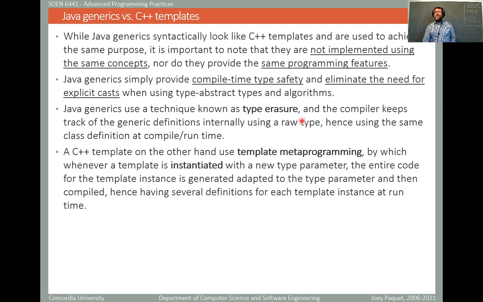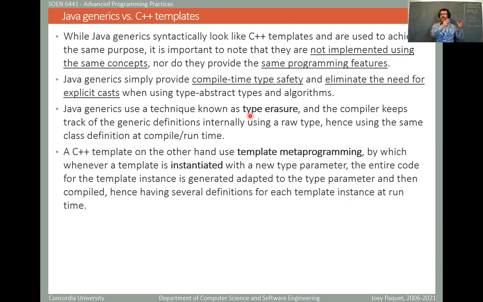In Java generics, what it uses is type erasure at compile time to essentially transform your generic class into a single, normal class that's going to be used at runtime in a generic way. Whereas if you do template metaprogramming with C++, what is happening is that for every usage that you make of your template, there's a template processor that basically reads your templates, and depending on how you use this template, so you have a stack template, you want to have a stack of strings, then the template